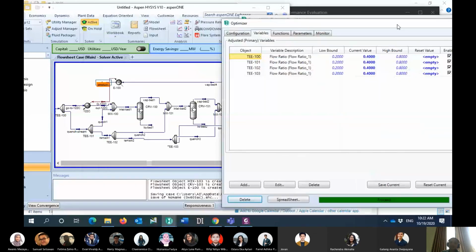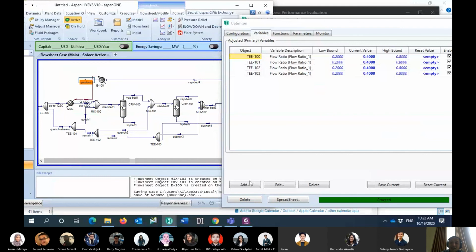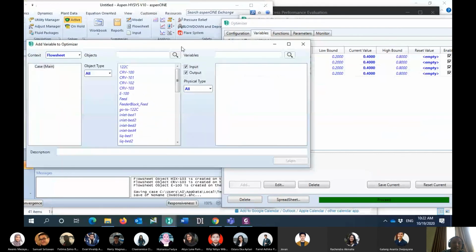So it will define adjust. Other than that, the conversion that I want to have should also be adjusted. So I will add in here.